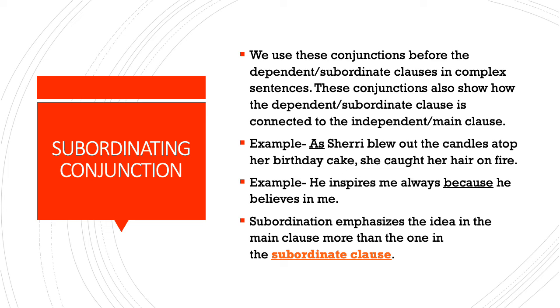It will not make complete sense. That is why we have to add the independent clause in order to make the sentence complete. Hence, when I read the full sentence, as Sherry blew out the candles atop her birthday cake, she caught her hair on fire. So, "as" becomes my